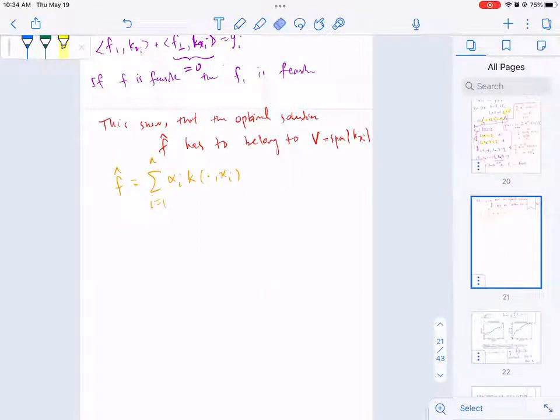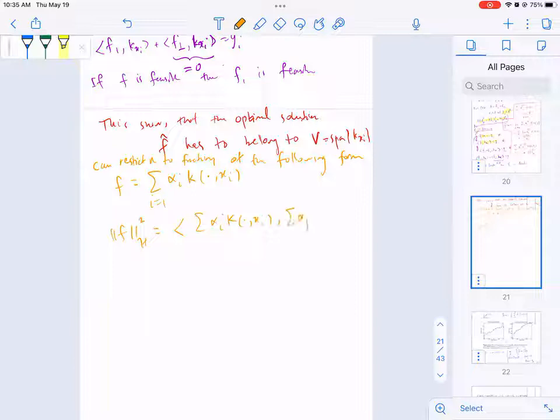Or I'm just going to restrict myself to this class. So what is the norm of f? Hilbert norm of f squared. So I can restrict to functions of the following form. That would be like alpha i k(x_i) inner product with alpha j k(x_j) in the Hilbert space, right? So that would be summation alpha i alpha j k(x_i) k(x_j),